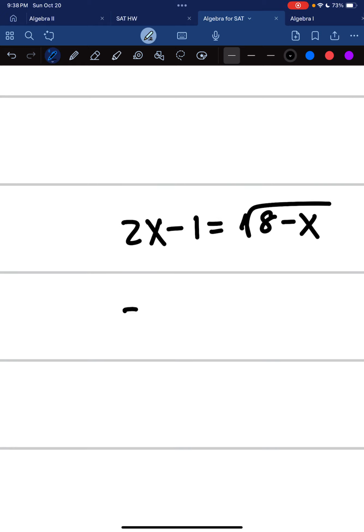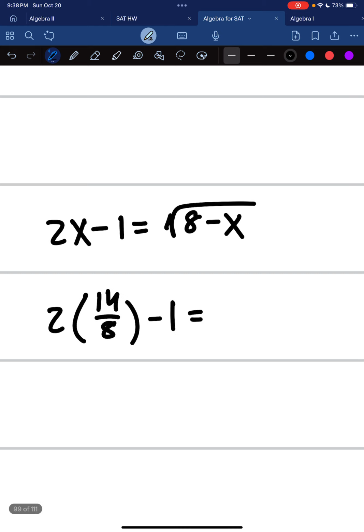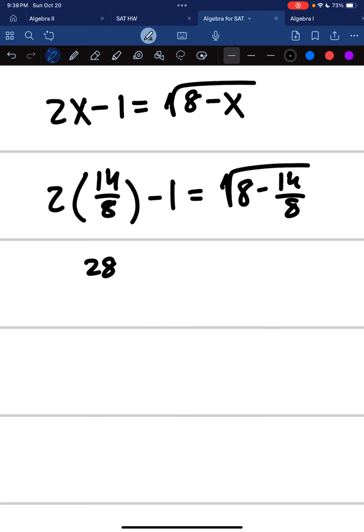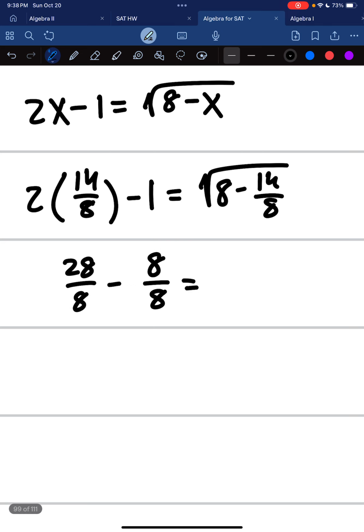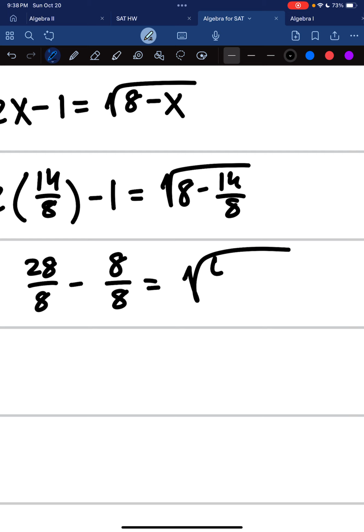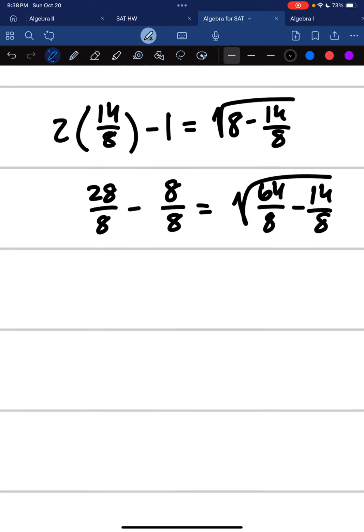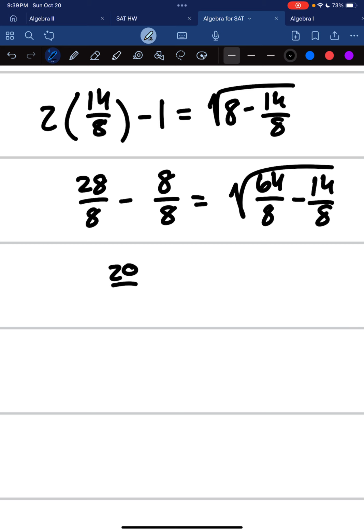So the first one was 14 over 8, so 2 times 14 over 8 minus 1 equals the square root of 8 minus 14 over 8. 28 over 8 minus 8 over 8, 1 is just 8 over 8, right? And then that's equal to 64 over 8 minus 14 over 8. So 20 over 8 equals the square root of